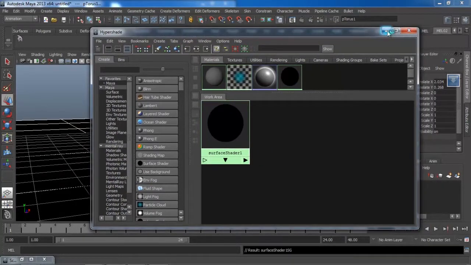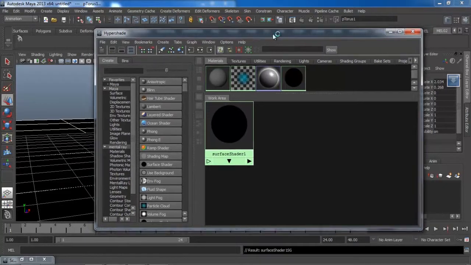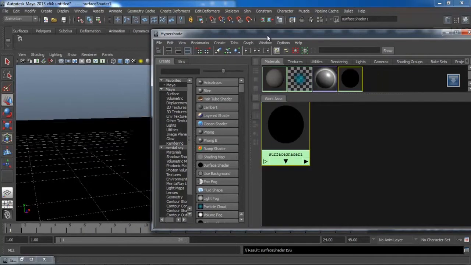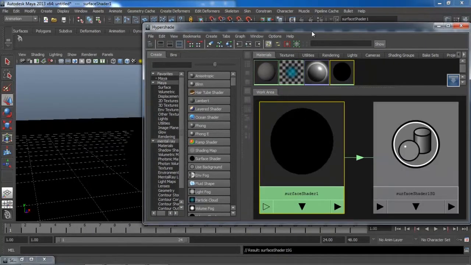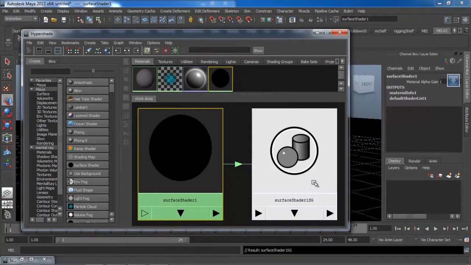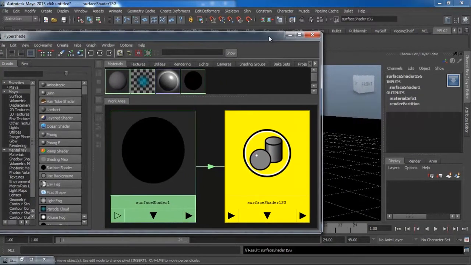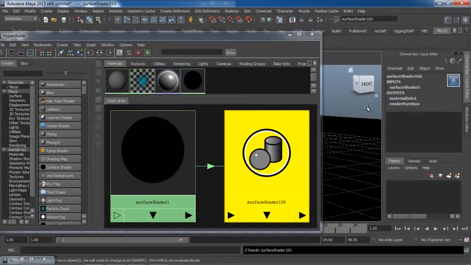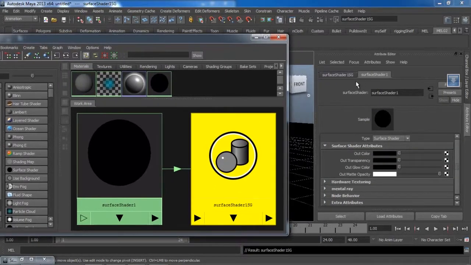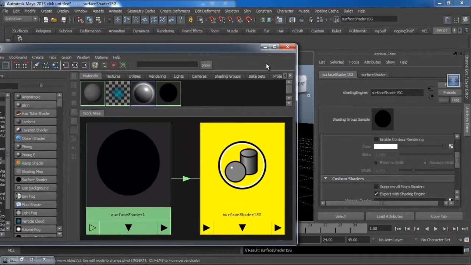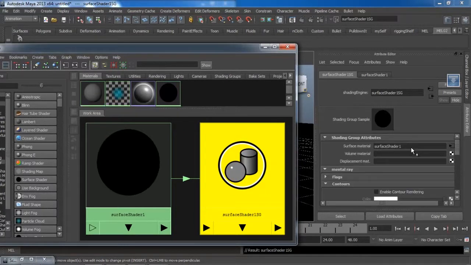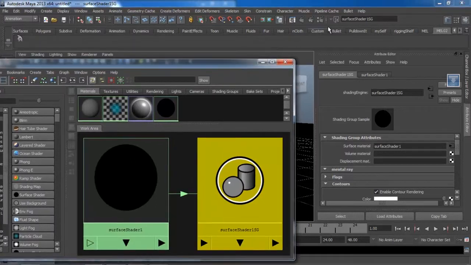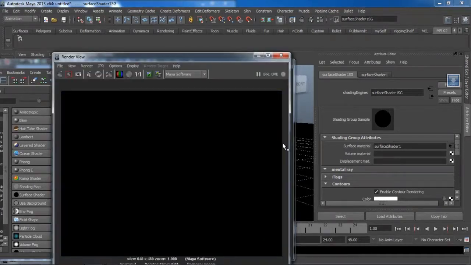Then we'll select the surface shader and click on the input and output connections and select SG, I mean shading group, and then in the SG shading settings we'll go in the mental ray and enable this contour rendering and render it.